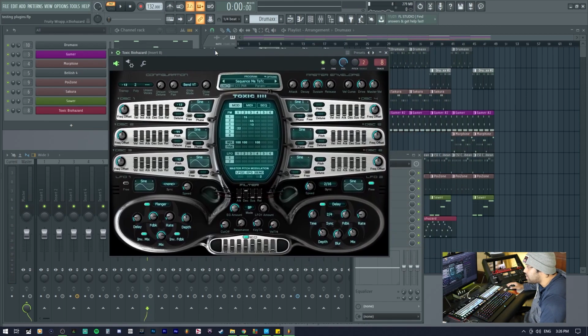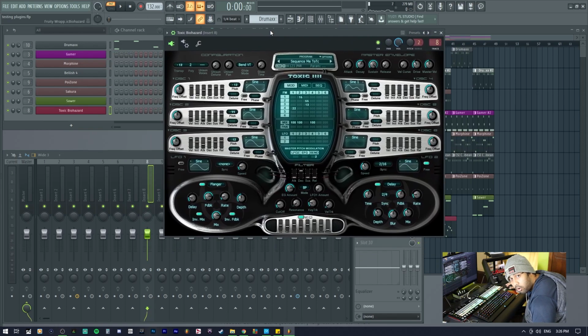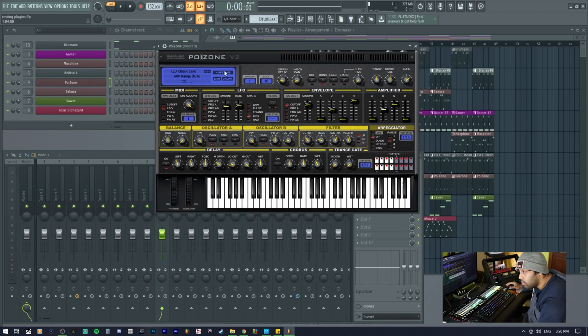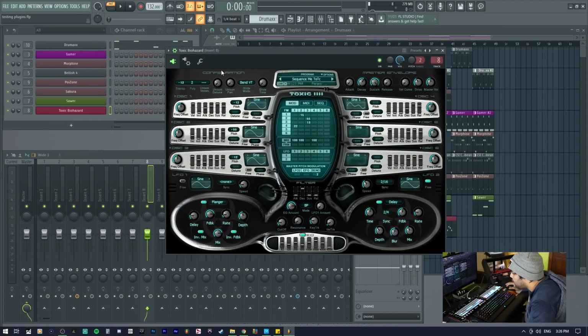Last thing to talk about here is Toxic Biohazard, and boy, oh boy, do we got to talk about this, because it is double nuts. This is why it's called Biohazard, because, oh my god, there's 6 oscillators in this sound. 6! But unlike Poison, where you see oscillator A and B, so that's 2 of them, or something like 3X oscillator that has 3 of them, Toxic Biohazard has 6, meaning a lot of cool stuff could happen.